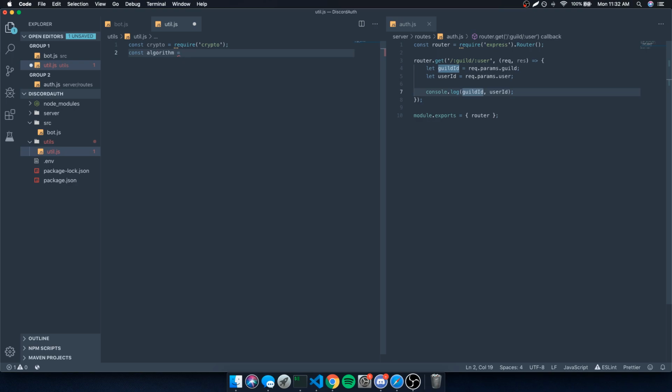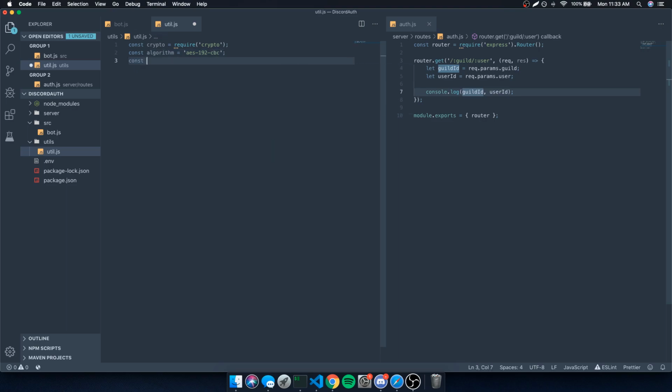So of course there are different types of encryption algorithms. There's, I think, SHA-1, there's MD5, there's AES, there's a whole bunch. I think HMAC is also another one. Again, I'm not too great with cryptography, but if you know a little bit about cryptography, you'll probably understand what I'm talking about, and you'll understand what exactly needs to get done. So basically, we're going to define an algorithm. I'm going to use AES 192 CBC because that's what they use in the documentation,